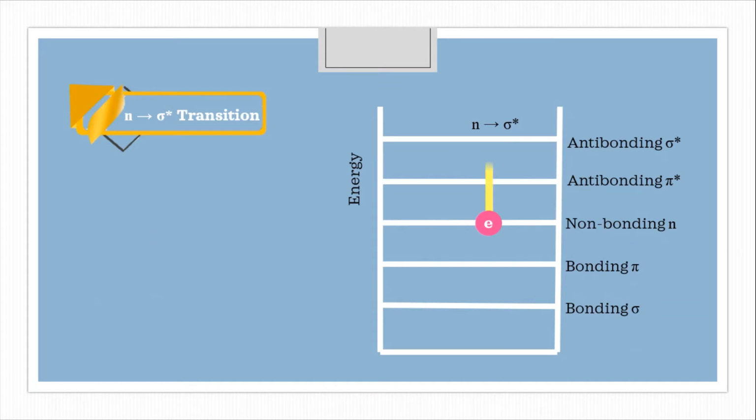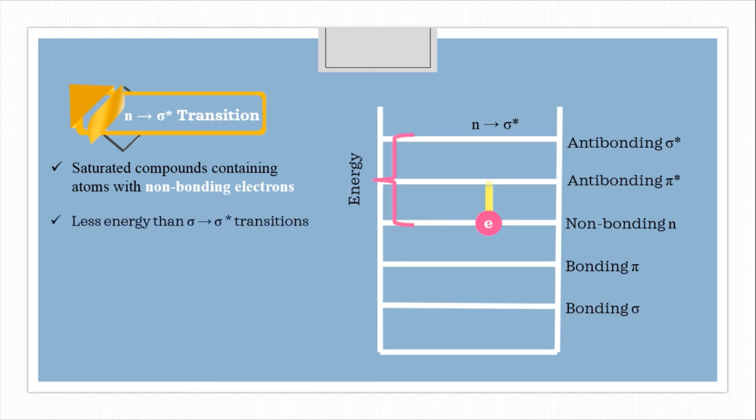n to sigma star transition. Saturated compounds containing atoms with non-bonding electrons such as oxygen, sulfur, nitrogen, and halogens are capable of n to sigma star transitions. These transitions usually need less energy than sigma to sigma star transitions. They can be initiated by light whose wavelength is in the range of 150 to 250 nanometer, and the absorption is